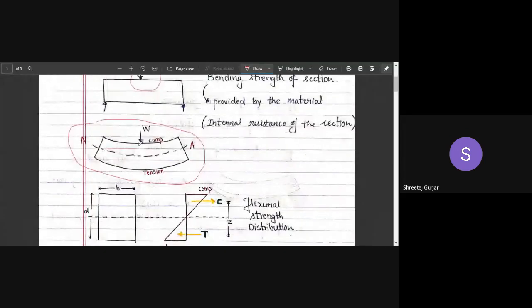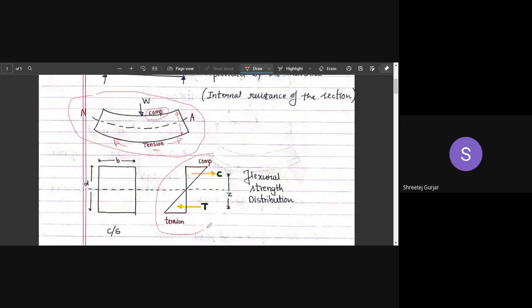So what will happen? The top face will experience compressive forces, right? The top face will be compressed. The bottom face or bottom fibers will experience tension, right? They tend to move out, they tend to separate out, so it will experience tension. So below your neutral axis you will have tensile forces, and above your neutral axis you will have compressive forces, right? That will be generated. So this kind of bending stress will be generated in your cross section. You can observe this is compressive, and the bottom part is tensile, and this is your neutral axis.